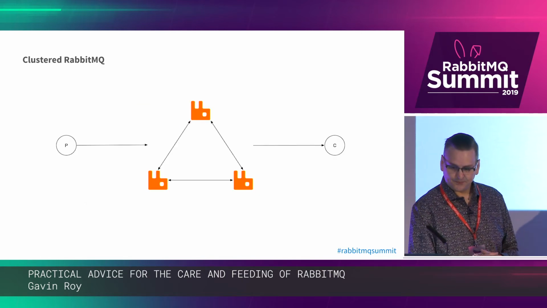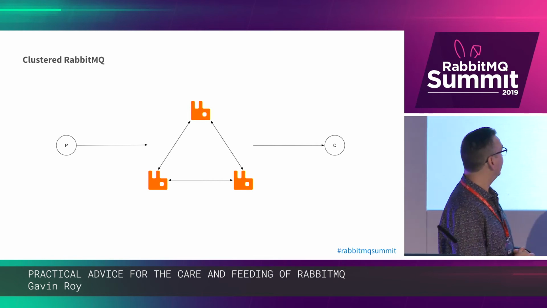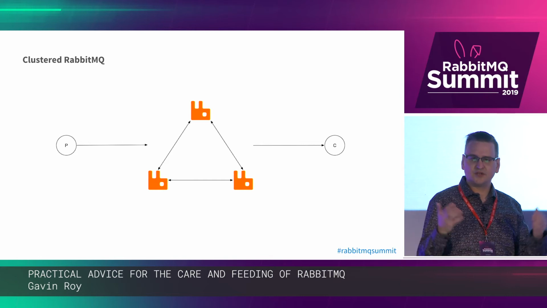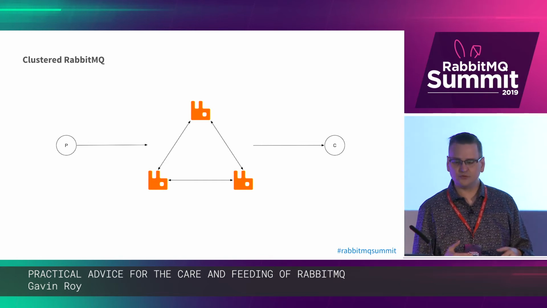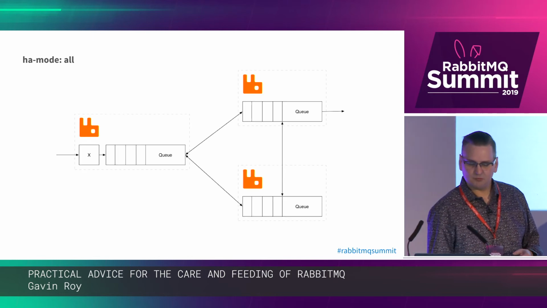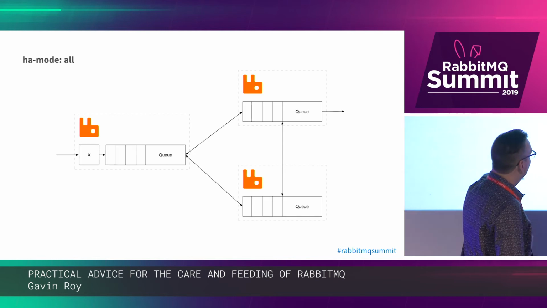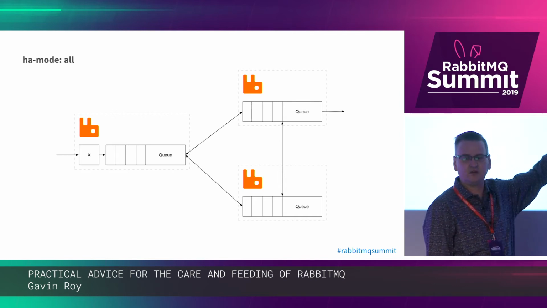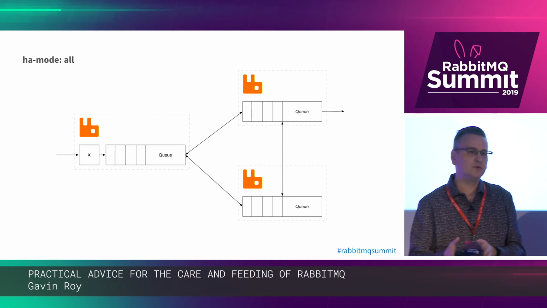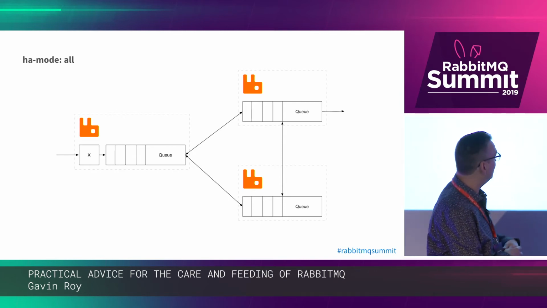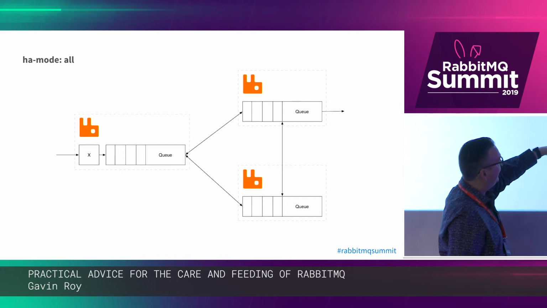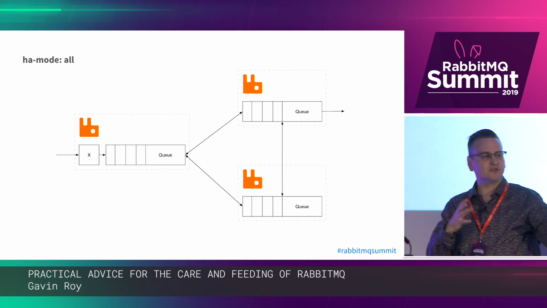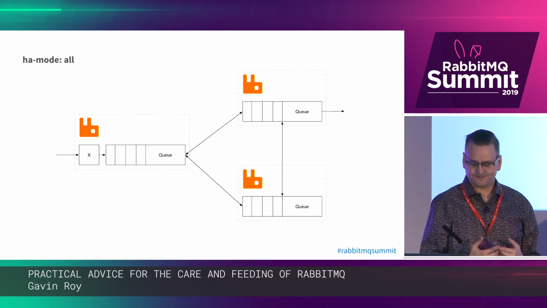So in this case, they had a 3-node Rabbit cluster, and they had a set of publishers that were throwing data into it and consumers that were taking data out of it. A pretty simple pattern, HA queues with HA mode all. So what happens in HA mode all is the publisher comes into the exchange, they put it into a queue. That state with that queue has to be synchronized with the state of the queue across all the other nodes. So I publish a message, it comes in, and then I've got a consumer over here, and every message in is synchronized, every message out is synchronized, and of course that creates a bottleneck.